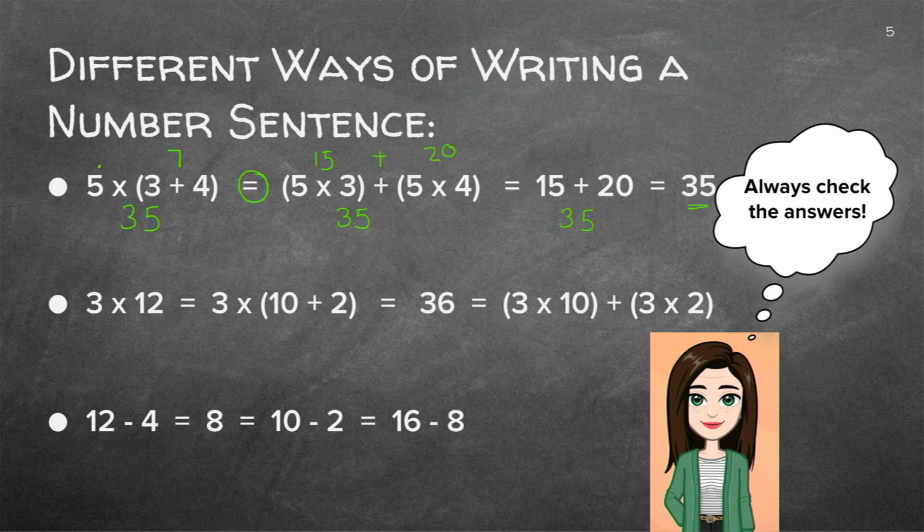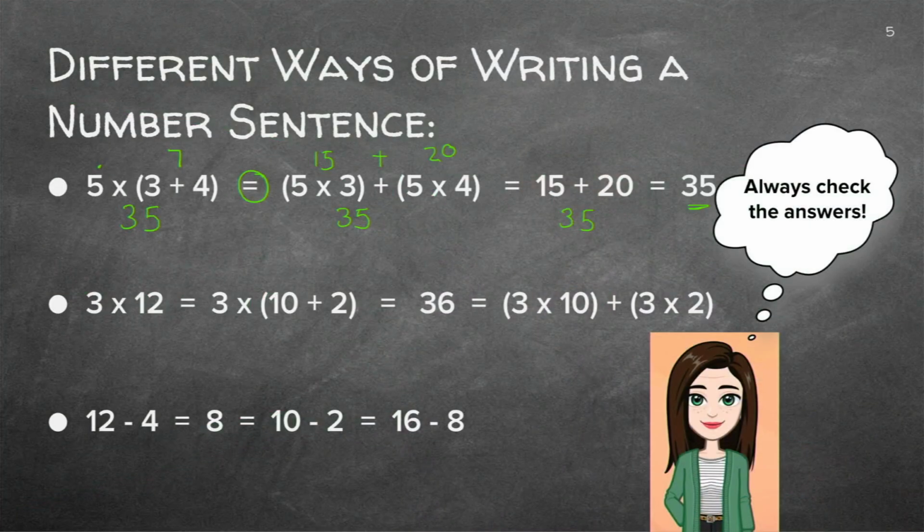And here is just an answer, just a number. So can you see that 35 equals 35 equals 35 equals 35? So you have to make sure by doing the calculations that the value on the left and the right hand side will be exactly the same. This is also a way to show you that a number sentence can be written in a different way by moving the numbers around, by grouping them differently.